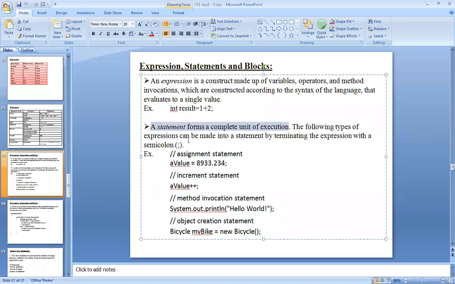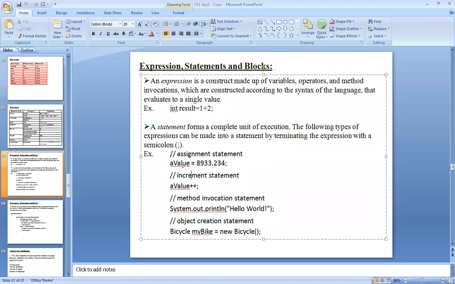The following types of expressions can be made into statements by terminating the expression with a semicolon. It means whenever you complete any expression with a semicolon, it is considered a statement.